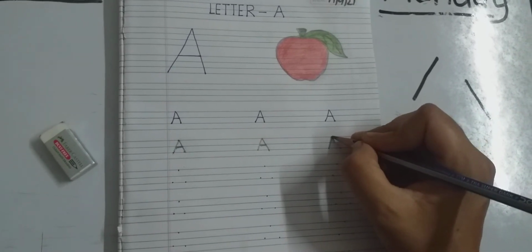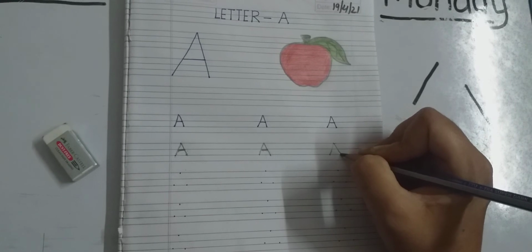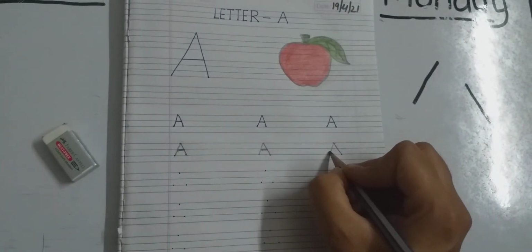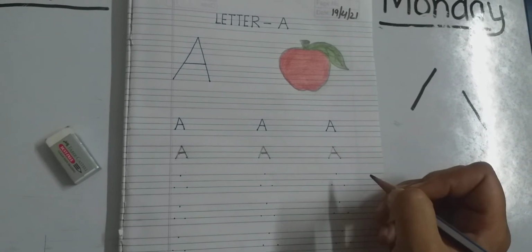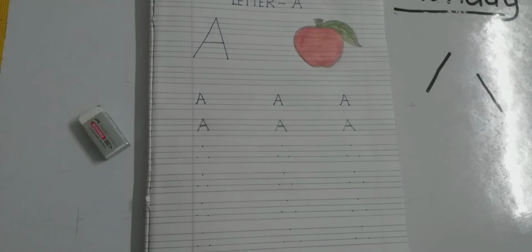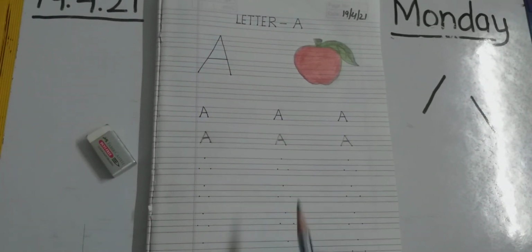Okay, then this is a right slanting line and this is a left slanting line, and we will draw a sleeping line. So children, you have to do this work in your English notebook, okay,